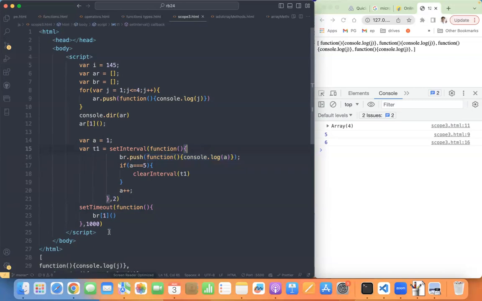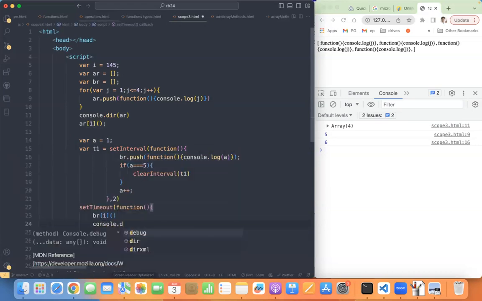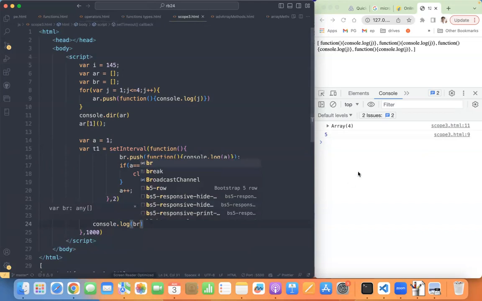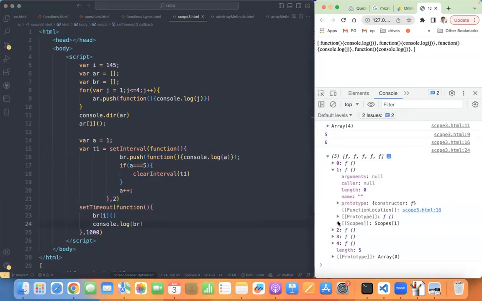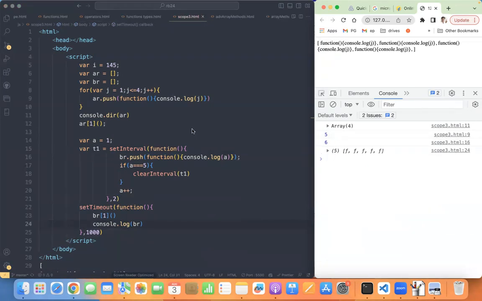Now let us see console.log of br. After 1 second, you can see in every function we have only one scope, and that scope is having the global variable as a.